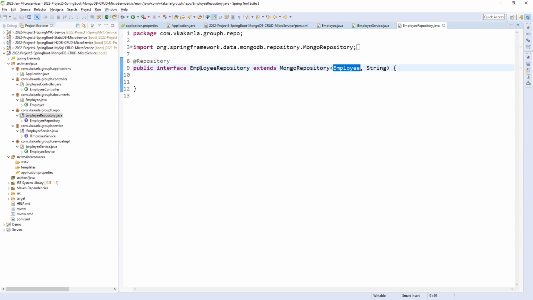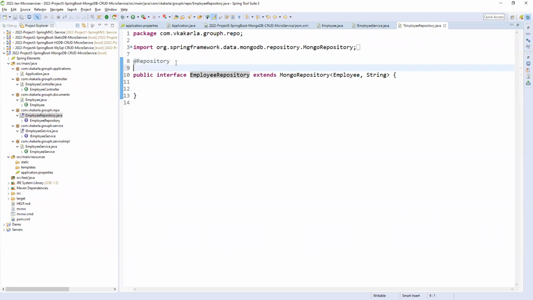Your employee repository is your custom class, right? To make sure this is a repository of a Spring component, you need to add @Repository. Okay, the @Repository will take care of all kinds of database exceptions. Okay, if you are not adding @Repository here, you can add @Component also.